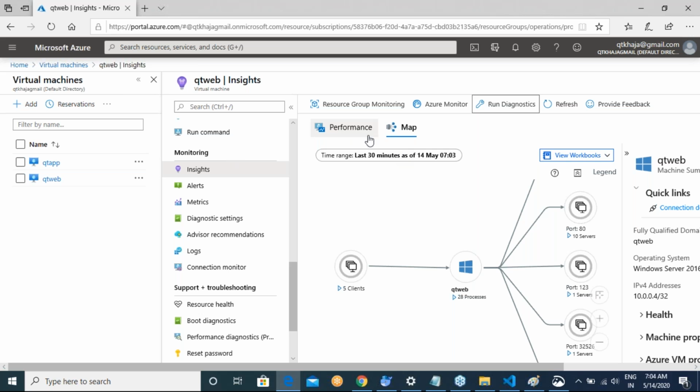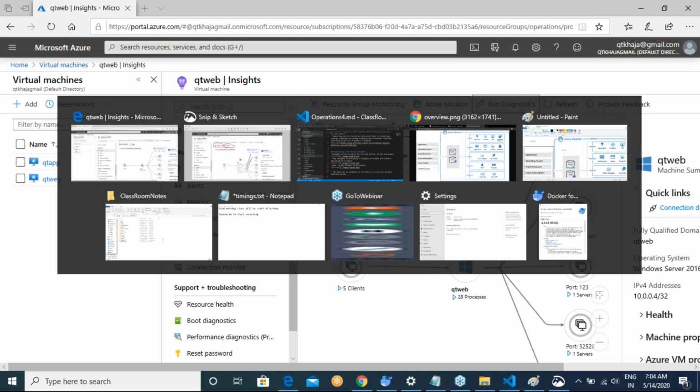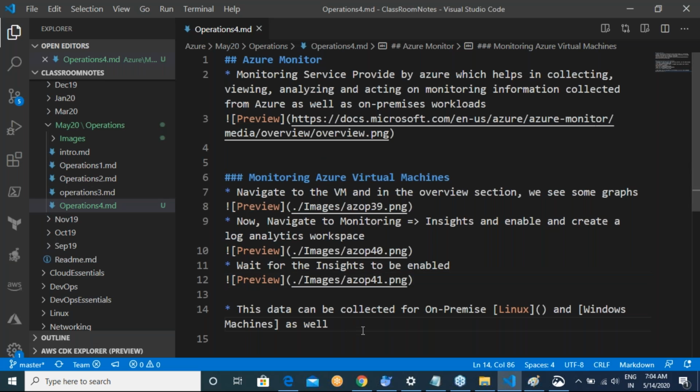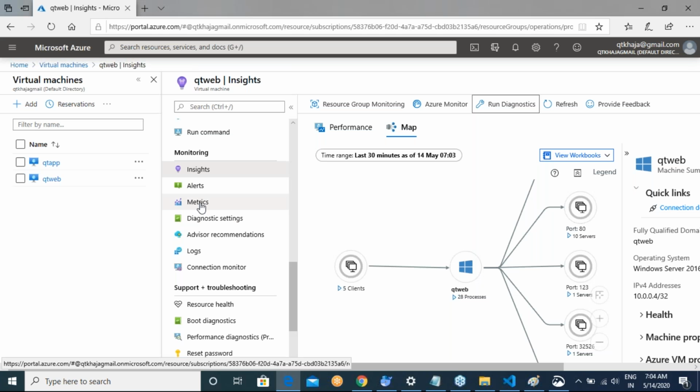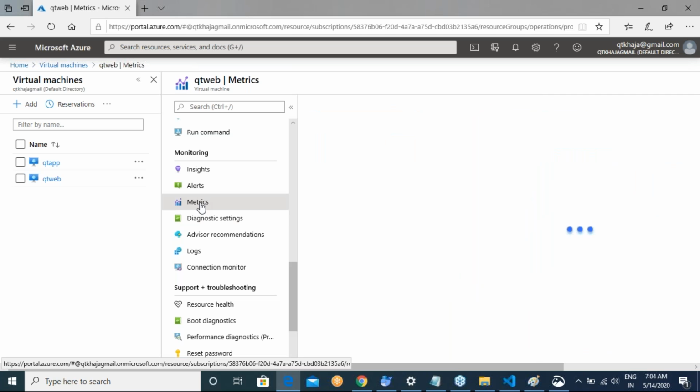Now, the next thing that is important is, you have the data now. So when something goes wrong, you want to inform the user, right? So the next important tab for us is, I'll give you this at the last, how do you monitor the on-premises machines? Right. So look at metrics. What is a metric? A metric is nothing but an individual unit of data that is collected.